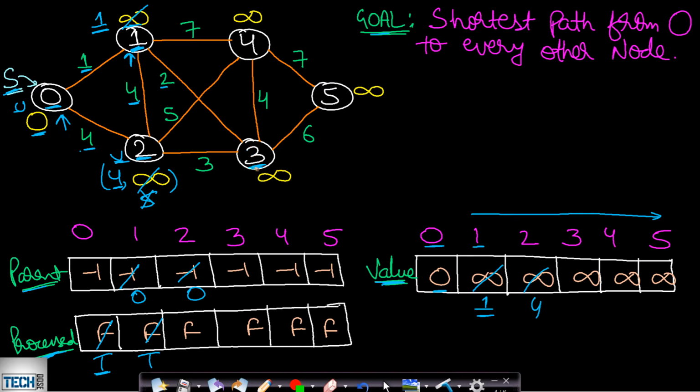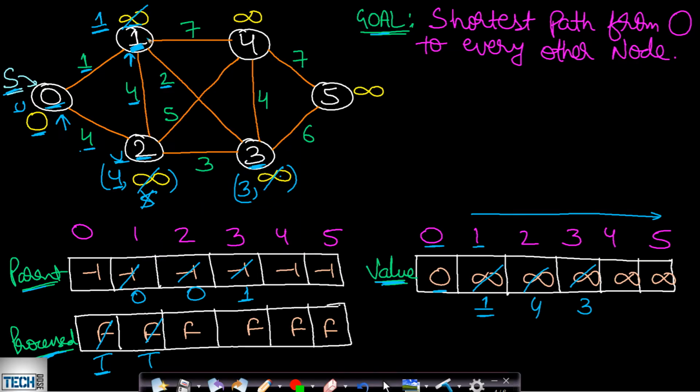But if we want to reach this 3 from the source node, which is 0, then that will be equal to the minimum cost to reach this 1 from the source node plus the edge weight from 1 to 3. So that will be equal to 1, which is the minimum cost from 0 to 1, plus this edge weight 2. So this will be equal to 3. Now we will take the minimum of 3 comma infinity, and that will be equal to 3. So the cost at 3 will now be replaced with the value 3, and 3 will have a new parent, which will be equal to 1, since there is an edge from 1 to 3. Okay, I hope you are understanding this.